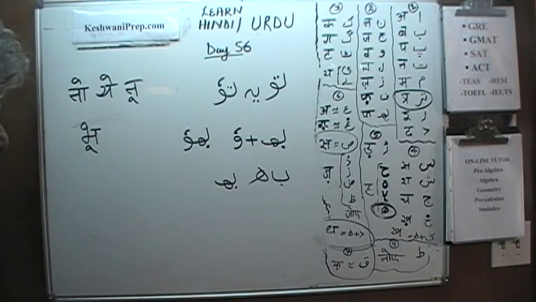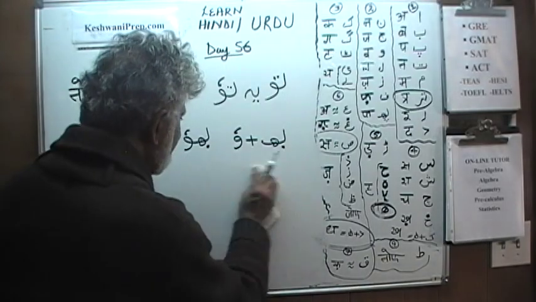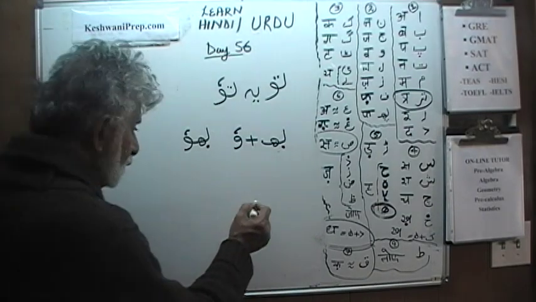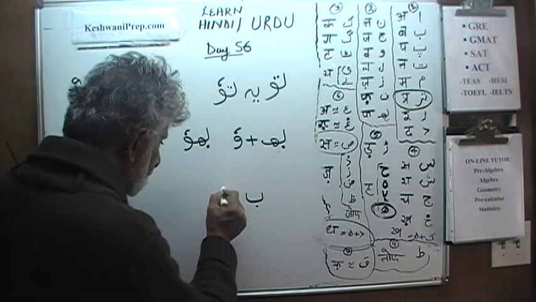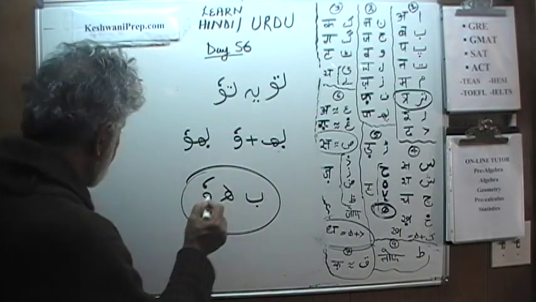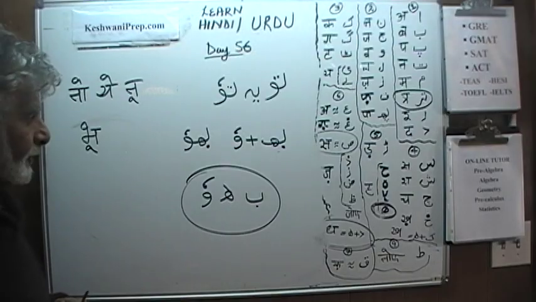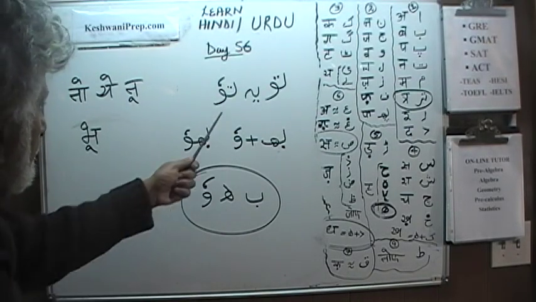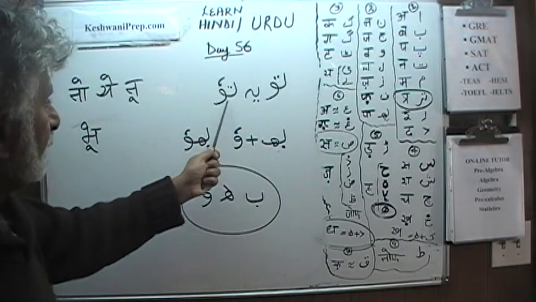So strangely enough, what is written in Hindi is simply boo. This is what it takes to write in Urdu. In Urdu, you need a ba, you need a ha, you need a wow, then you need a special symbol, and all of that is just boo. Hindi is efficient, very efficient. Boo. To ye tu